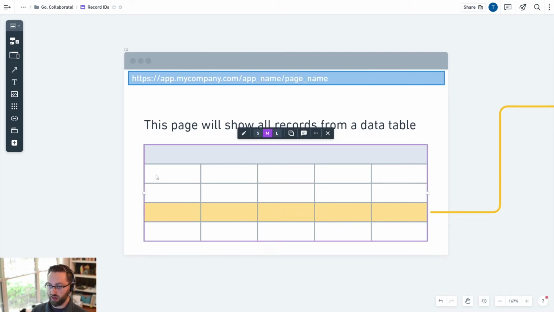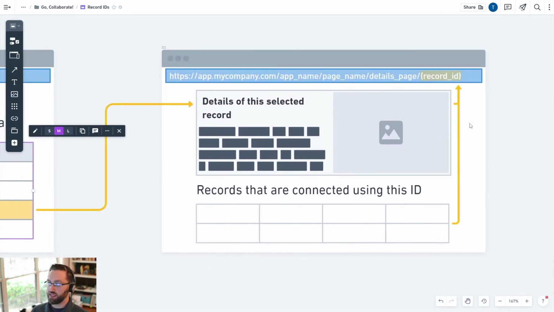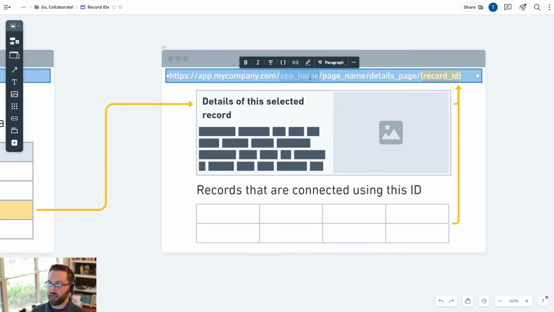So if this was company A, B, and C, if we click on the details button for company C, that takes us to the details page, and you're going to notice that the URL changes. Everything at the beginning is still the same: we have the domain, the app name, the page name, the name of the details page, and then we have this dynamic value being